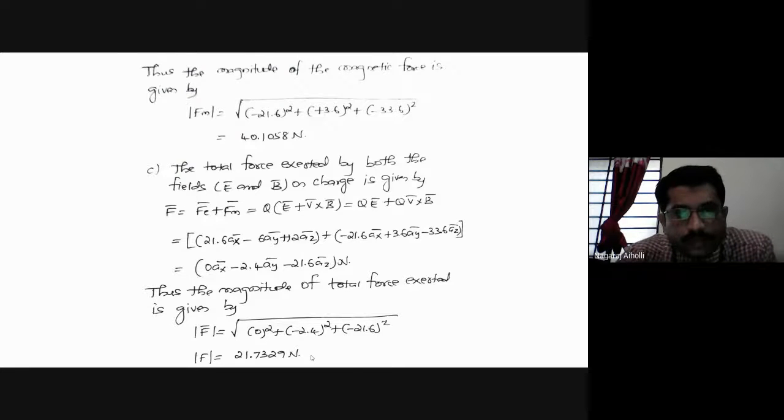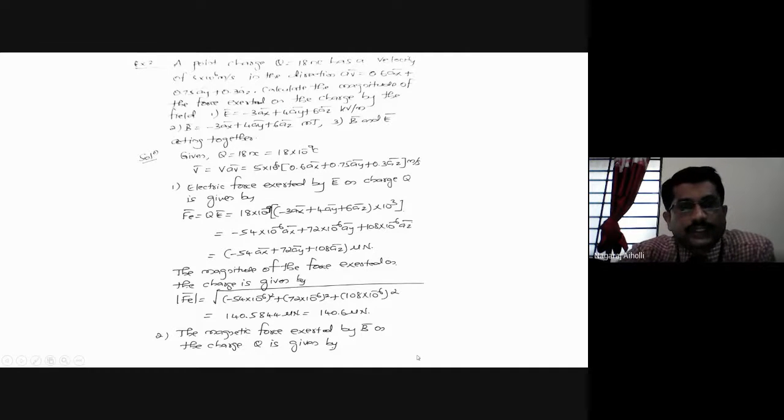Fine. Note down this example, students. Solve it as homework. Note down the statement of the problem. A point charge q equal to 18 nanocoulomb has a velocity of 5 into 10 raised to 6 meters per second in the direction